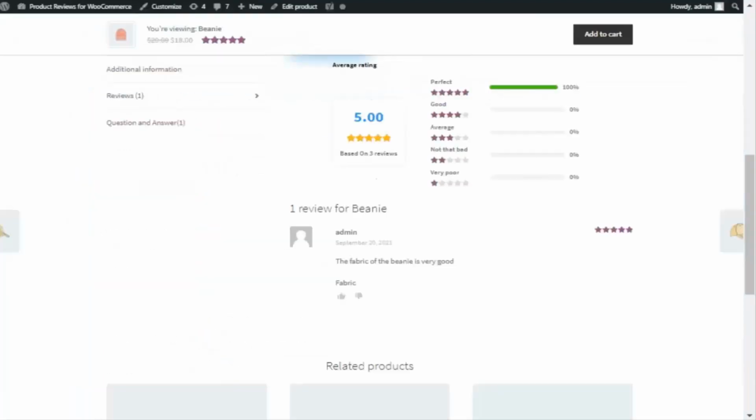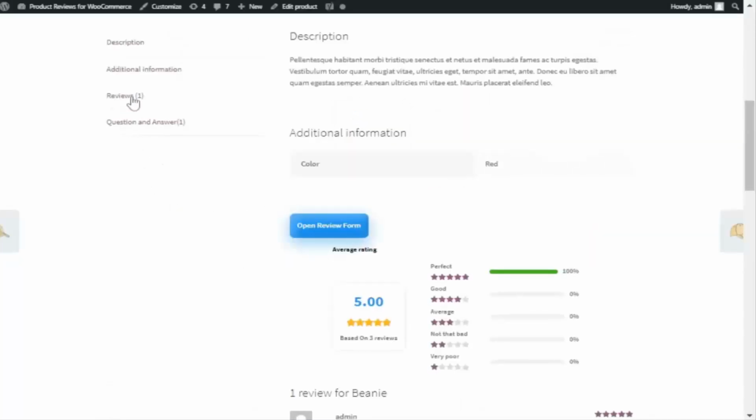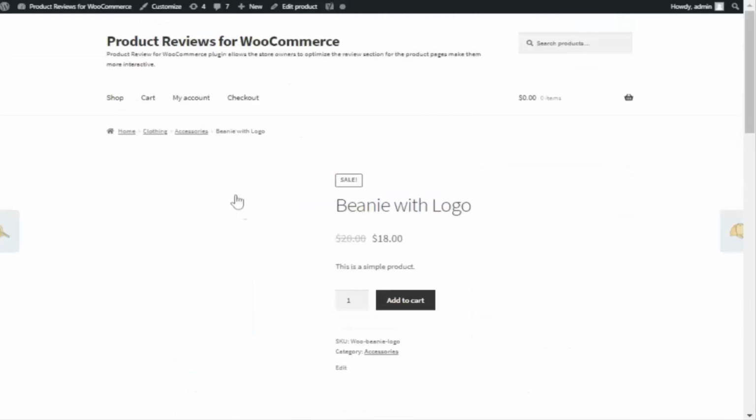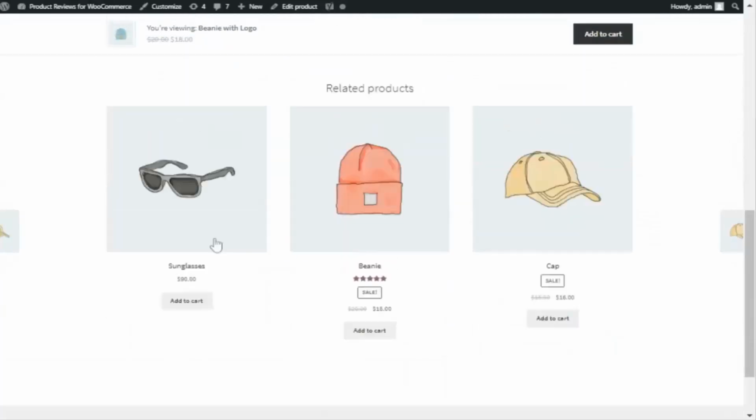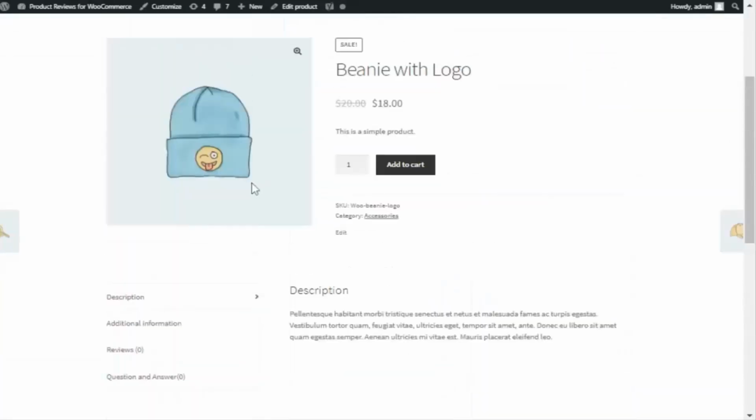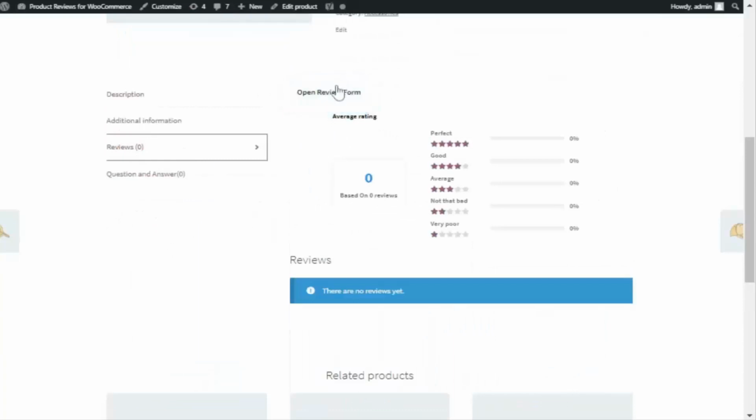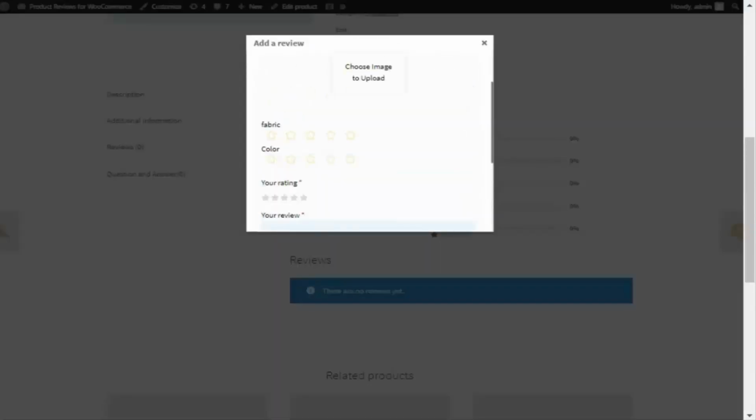So let's again go back to the shop page and let's refresh. And let's click on open review form. As you can see, here are the two features that we have decided, fabric and color.